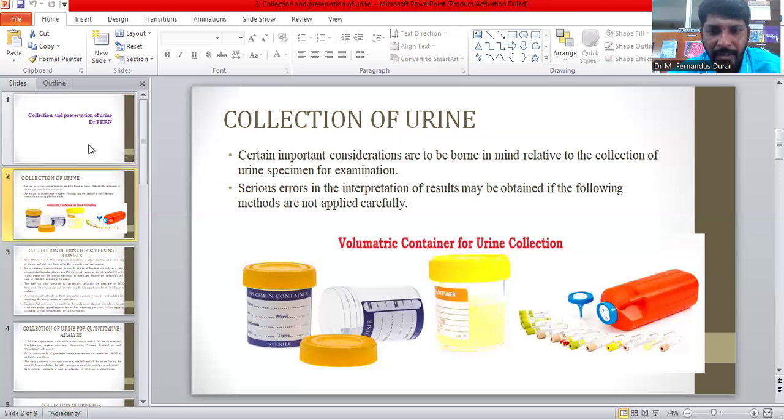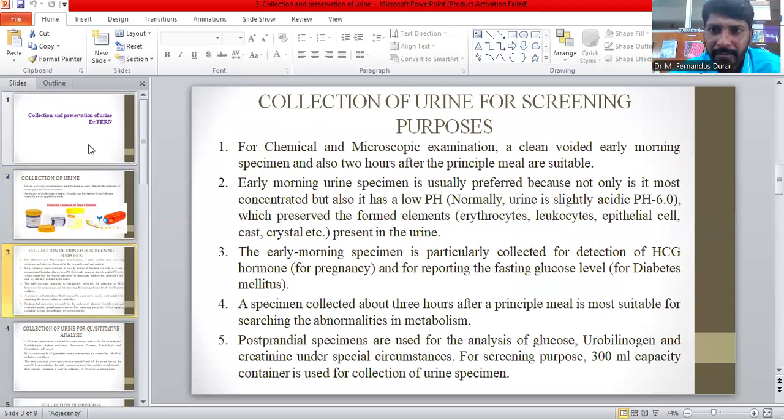Every human being, and animals too, excrete waste through urine. So urine is one of the main specimens considered in the medical field of diagnosis to identify the conditions or the unwanted microorganisms present in the system. So, the collection of urine